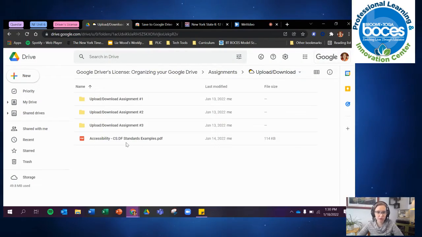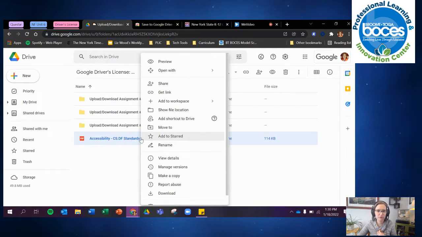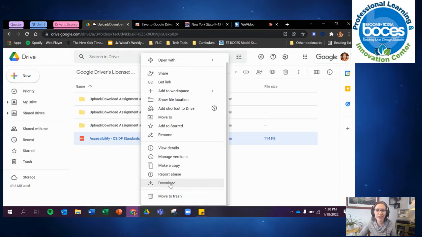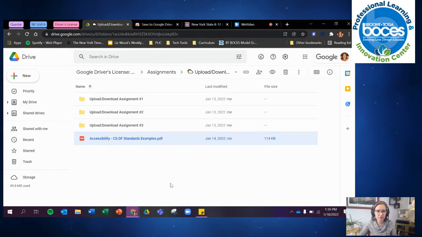But first, let's look at downloading a file that you have within your Google Drive already. This could be a file that you've put there or someone shared with you. So within my upload download folder, I have my Accessibility Computer Science Digital Fluency Standards examples. They're in my drive, but I want them saved to my computer. I'm going to move my cursor over the file and right-click. This menu comes up where we can move, we can share, we can also download. So I'm going to click on this download button,